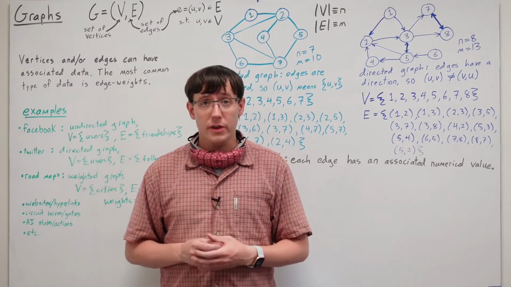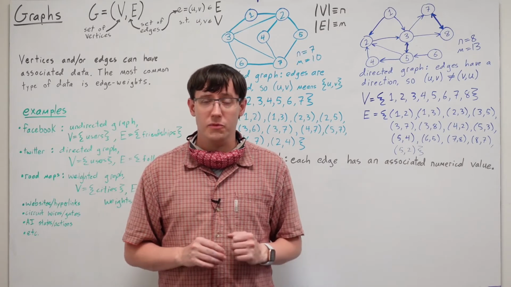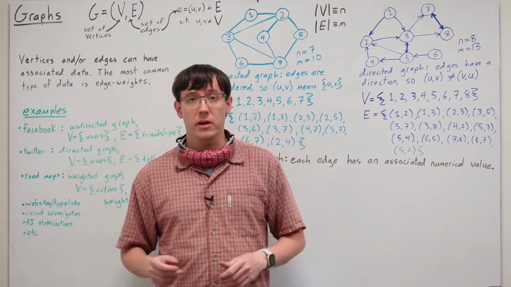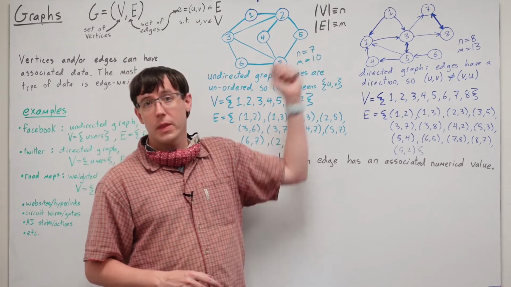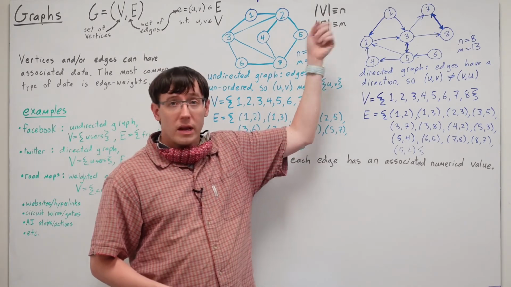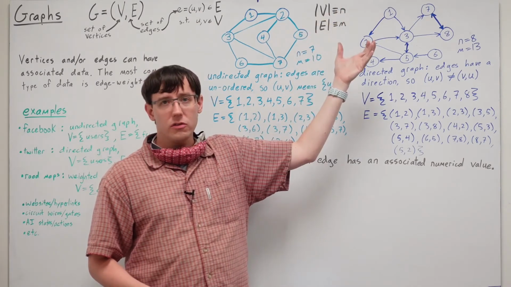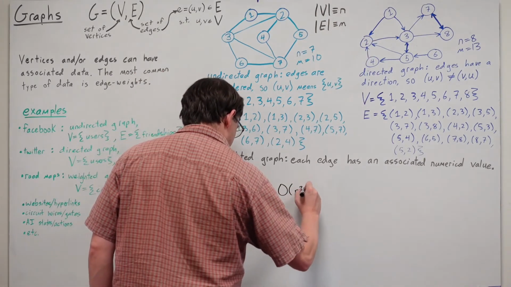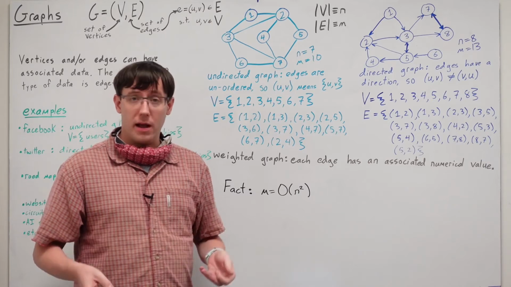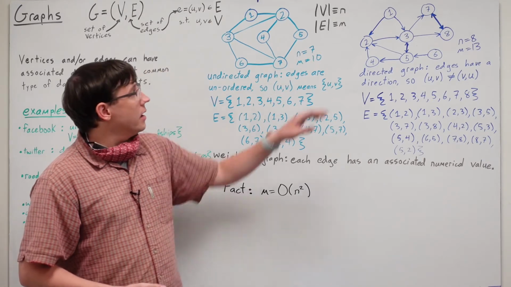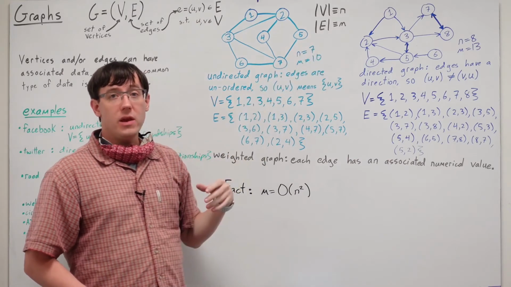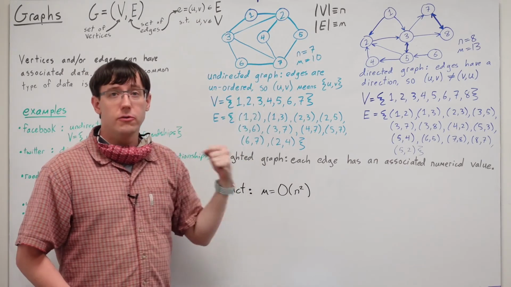In a moment, we'll start thinking about data structures and algorithms for graphs, and we'll be describing the size and running time in terms of n and m. So before we do, it's worth thinking about the relationship between the number of vertices and the number of edges. And if we think in terms of big O and give an upper bound, we know that the most edges that a graph could possibly have would be when every pair of vertices is